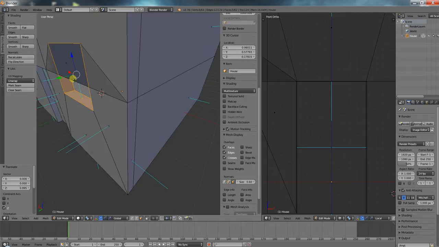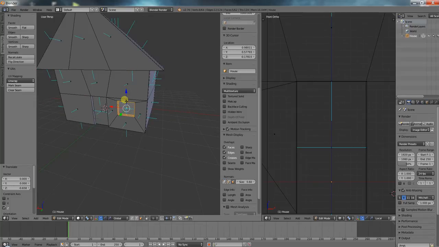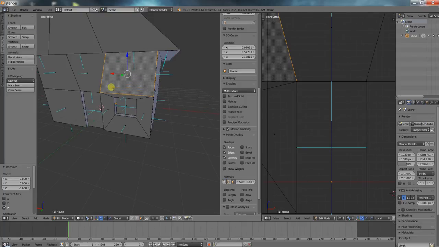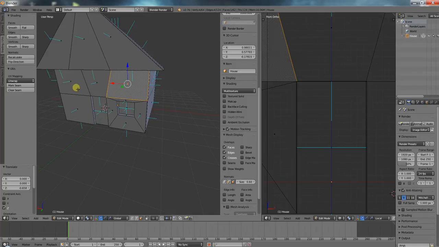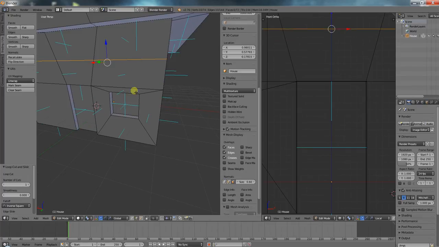So it's always good to have a good idea of what you want to build first. Because if I had to do a window up here, I would have had to make my system a little bit different. I would have had to cut an extra line inside, and then have cut through here. Alright,